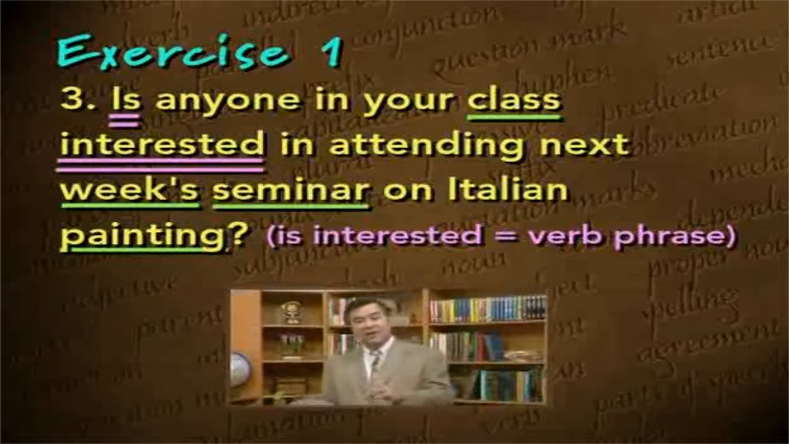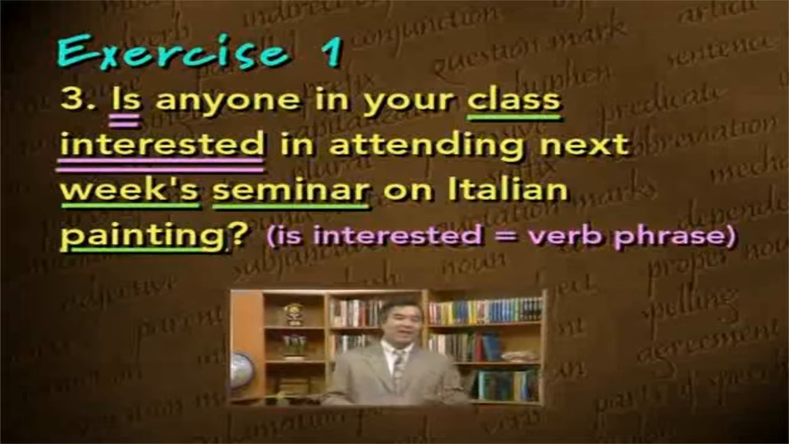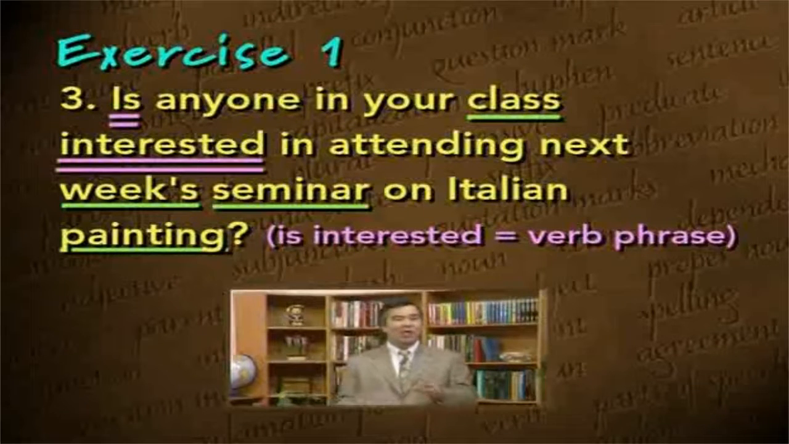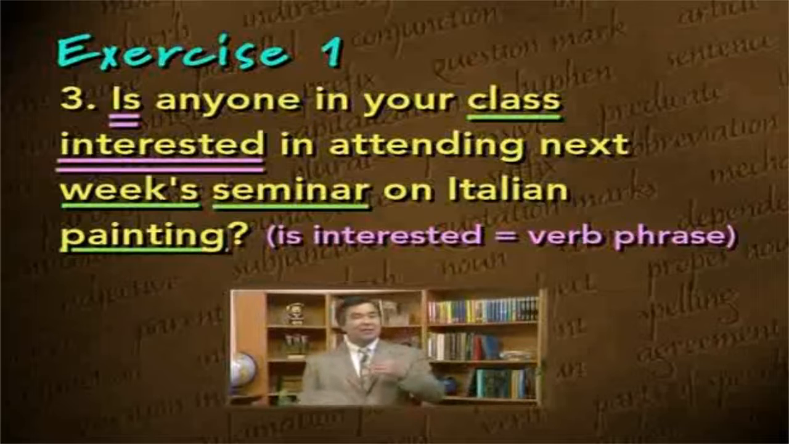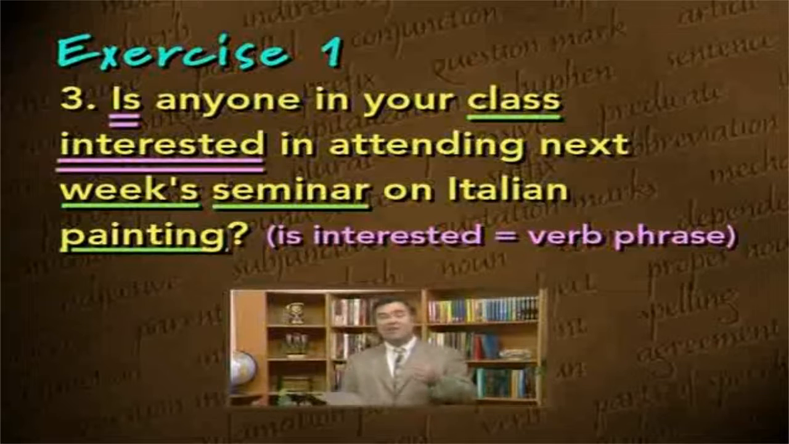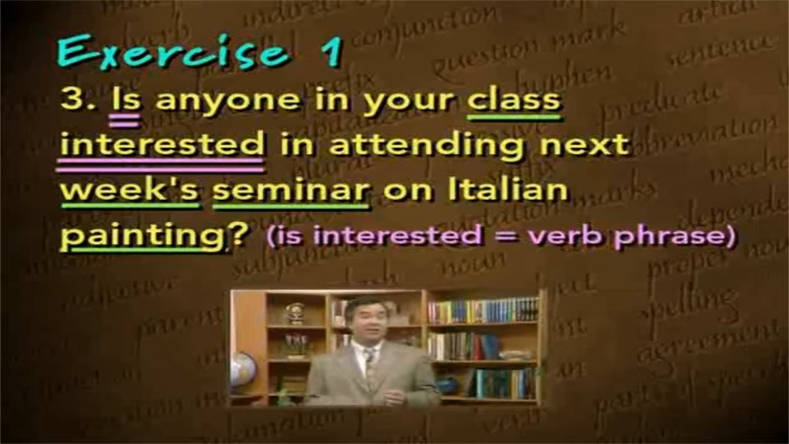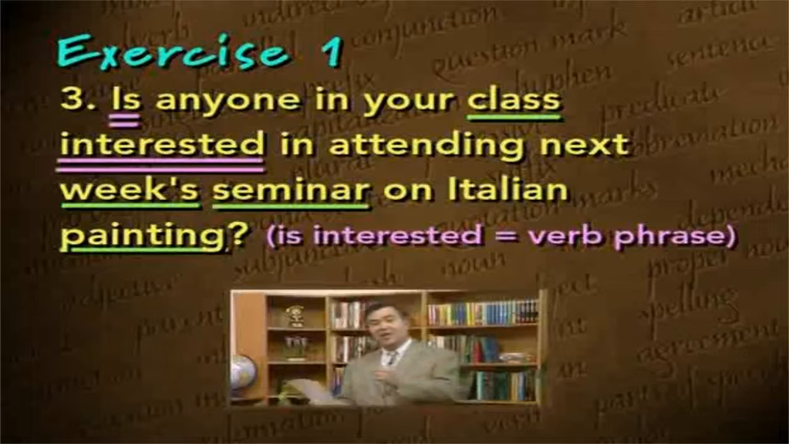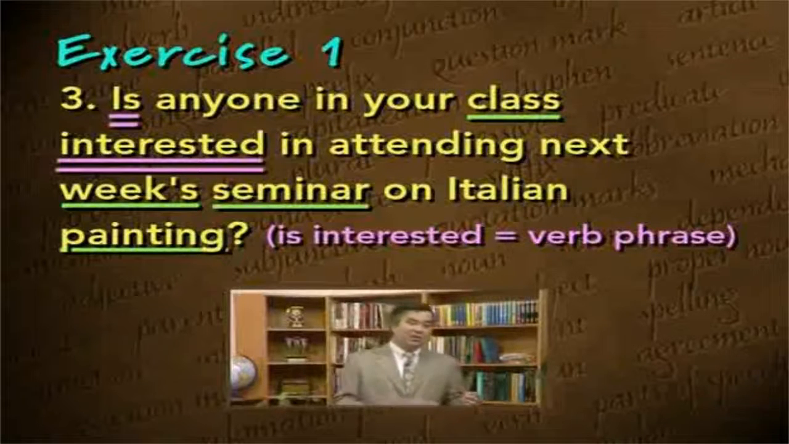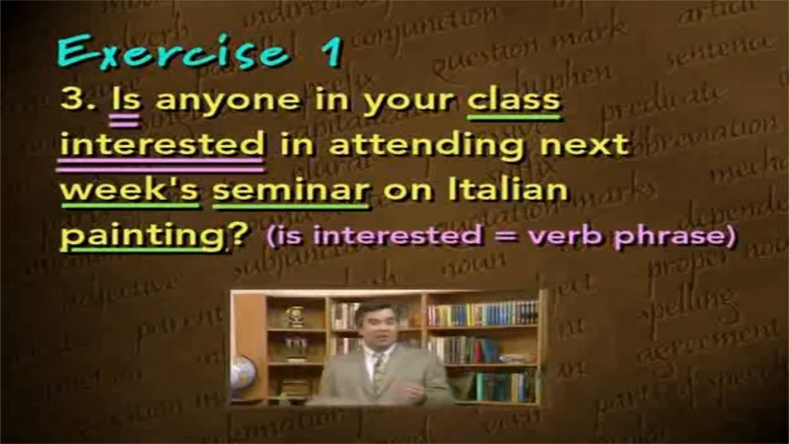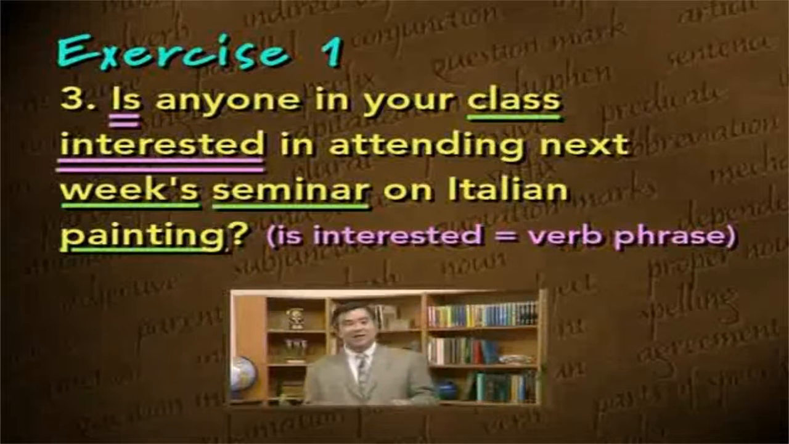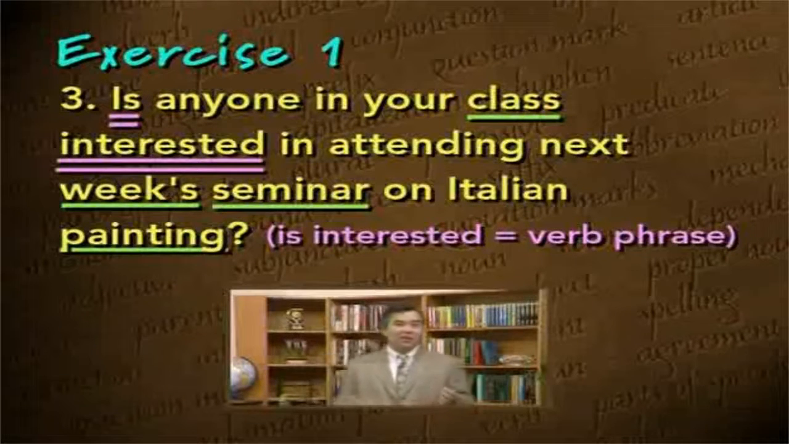One of the times when the words in a verb phrase are separated by other words is in a question like this. This particular sentence is asking a question. It's an interrogative sentence. And in an interrogative sentence, most often, the order of the words is a little different than in the most common declarative sentence. And one of the things that often happens is that the words in a verb phrase are separated by other